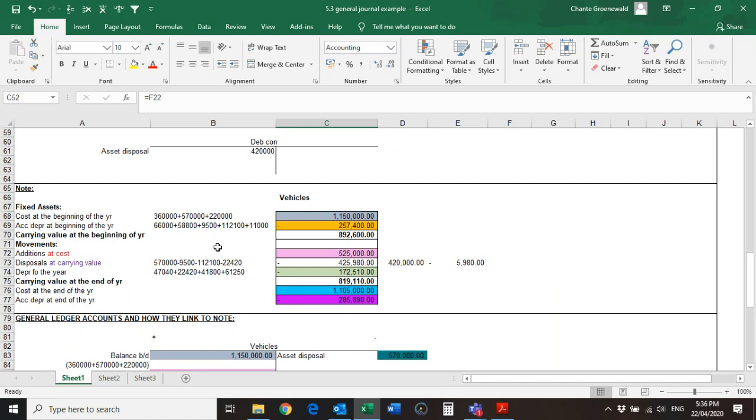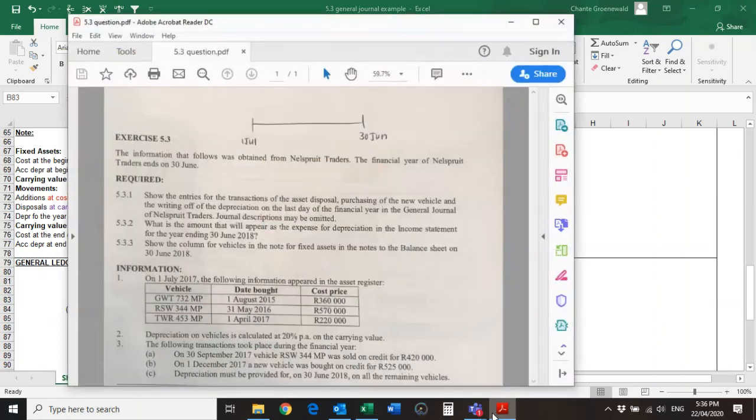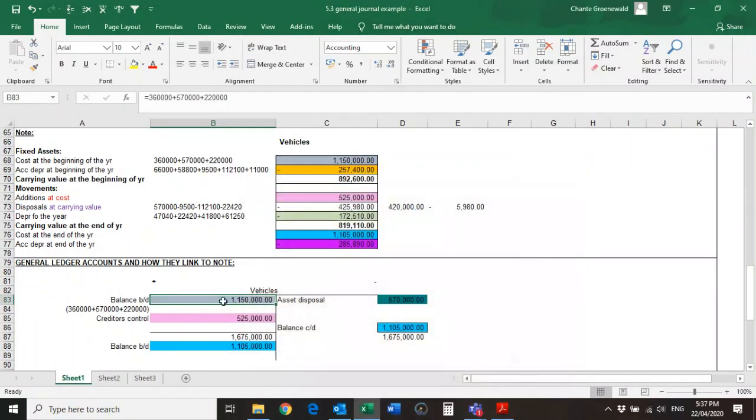So now we have cost at the beginning of the year. This, can you see, is the same amount as this. This is where my color coding comes in. I'm very proud of my color coding. Okay, how did I get that? This is my 3 assets added together at the beginning of the year. Remember I said to you, in the beginning of the year, I had these assets, okay? So I'm going to show, this is my balance. Can you see this, how the balance links with the note? This is why I wrote it here. So this is how it links, okay? Can you see it's the same?